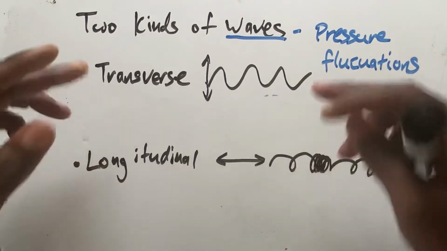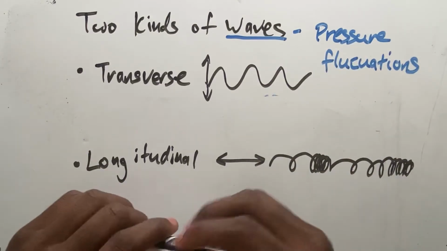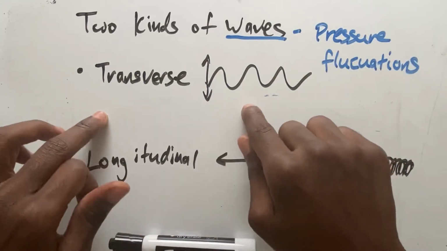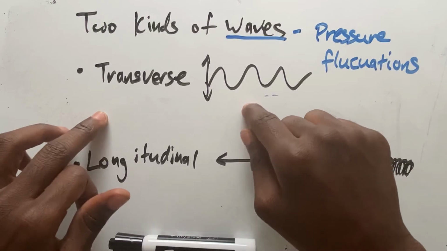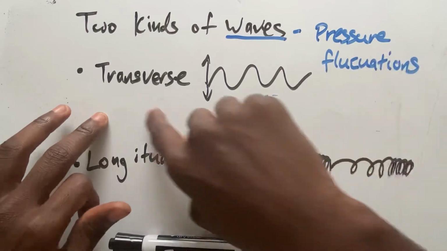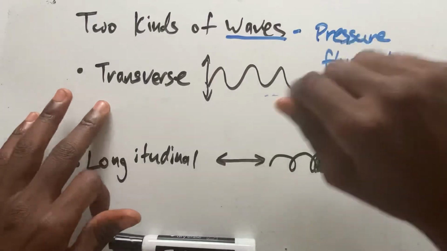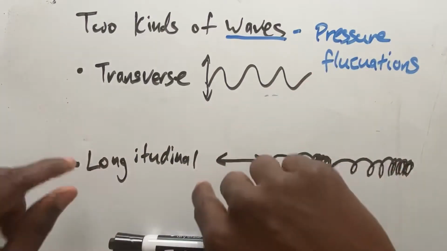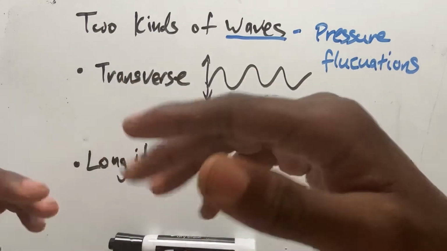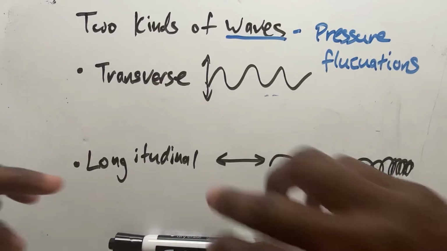Yeah, so I guess if these were slinkies, the longitudinal wave would be if you were to push a slinky in and out towards the left. And a transverse wave would be more like if you shake the slinky up and down like a jump rope. So a transverse wave would be an example of a jump rope, you shaking a slinky up and down, whereas a longitudinal wave is more like sound waves that kind of emanate from your vocal cords into the air,